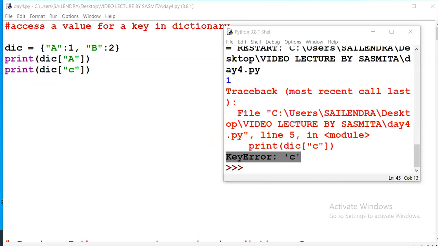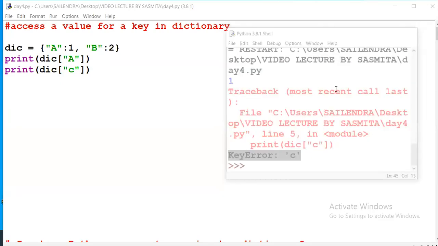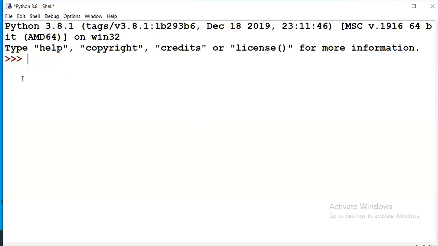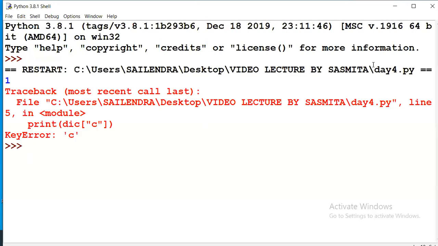No, ma'am. No. Okay. Now, Python screen, are you getting? Yes. Okay, when you run, the output is not coming. Now it is coming. Output screen, it is coming? Yes. Okay.